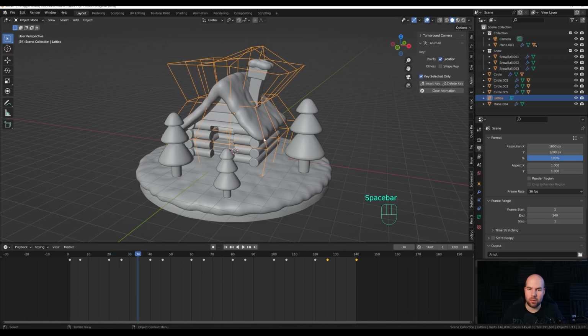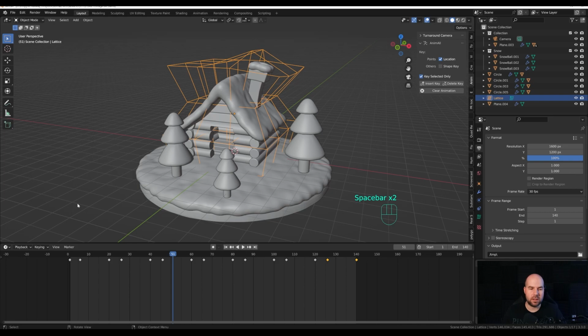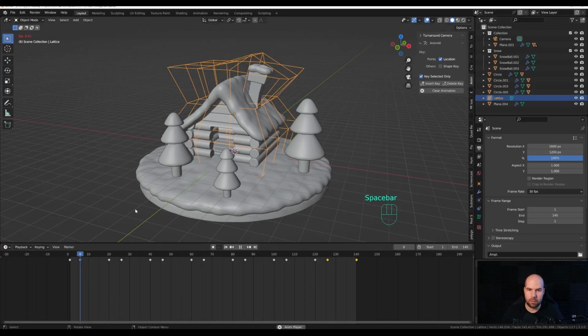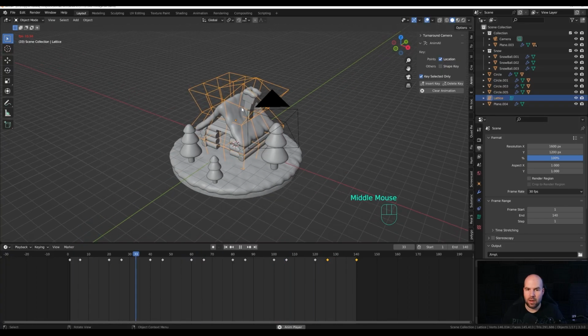But now with the snow in place and with all of the dense mesh, you can see we have really slow FPS. So to really see your animation timing, in the playback section, instead of play every frame, choose frame dropping. It will make this a little bit choppy, but at the same time, it will preview at the regular speed of 30 FPS, even though your scene FPS is lower. So we have this small jumpy movement here, and I want to do the same for the trees,